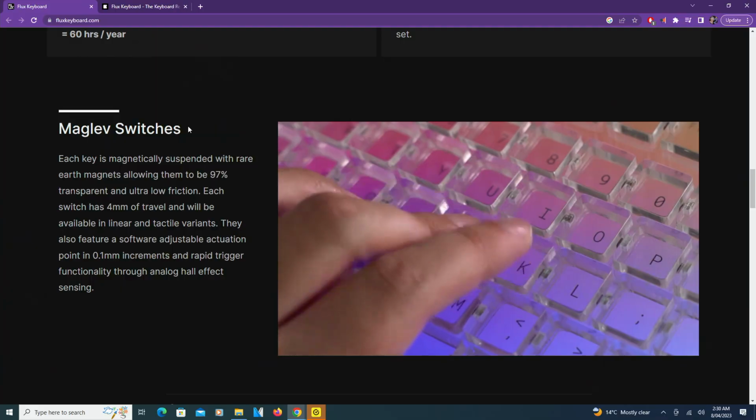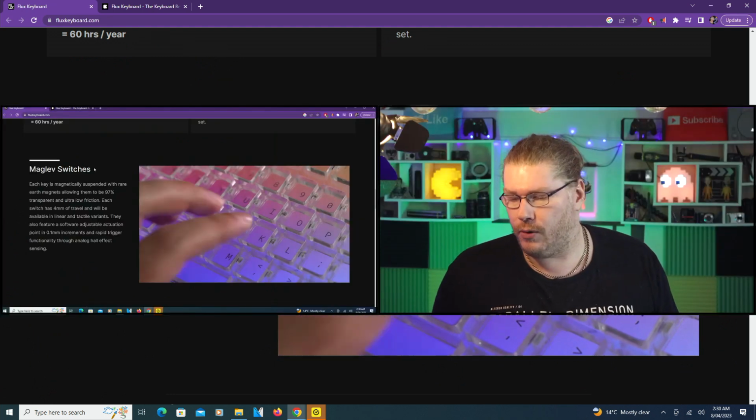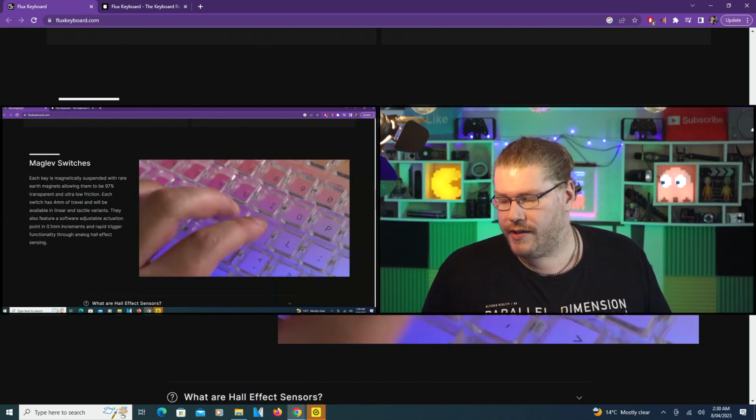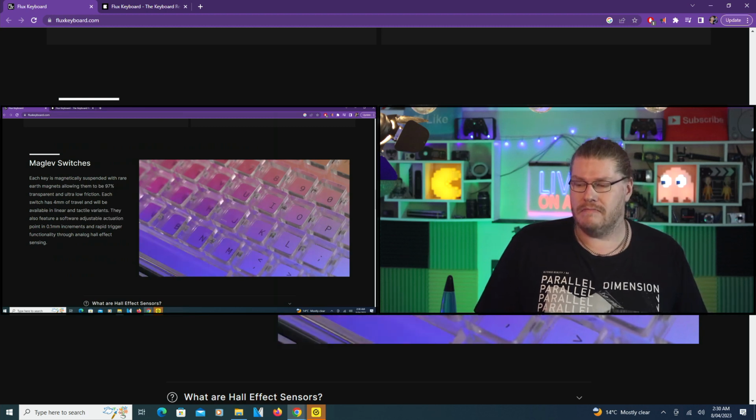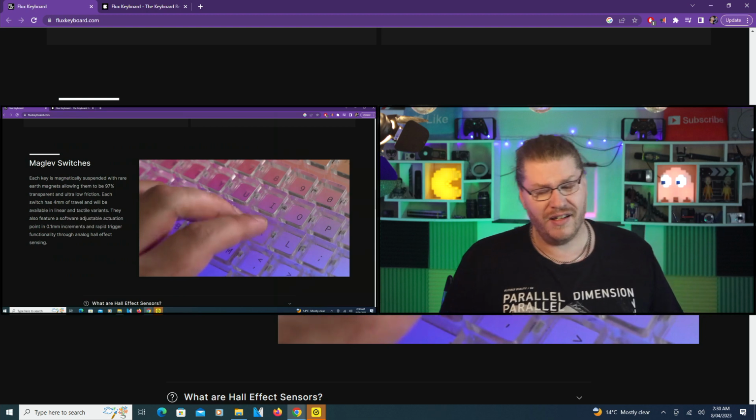Certain Apple keyboards have changed from butterfly mechanics to something else. I can't remember the name now, but certain people like certain feels. So it will be interesting to see how this particular keyboard feels. But according to them, it's using something called maglev switches, which is defying physics? Not quite, but anyway,